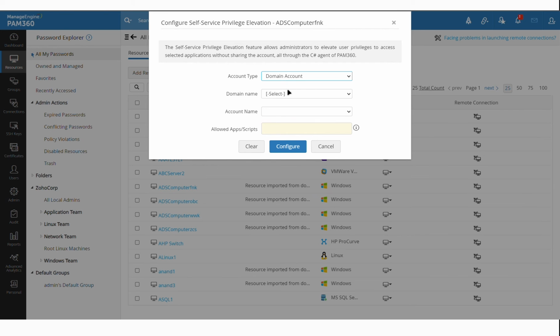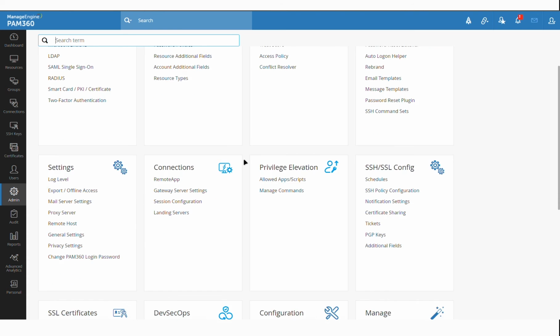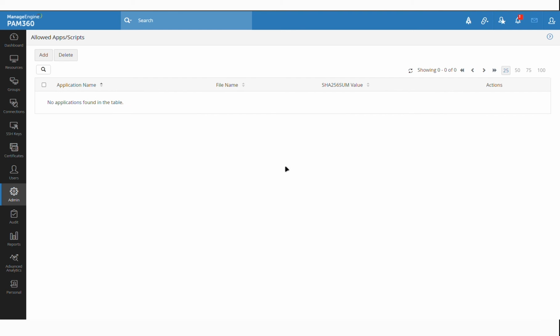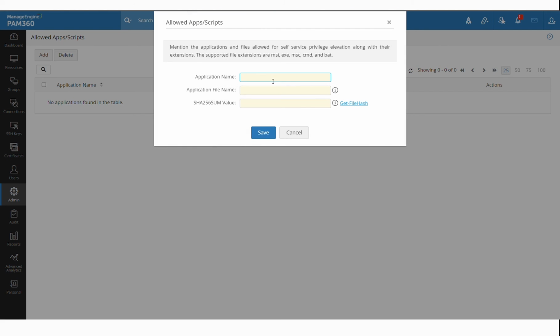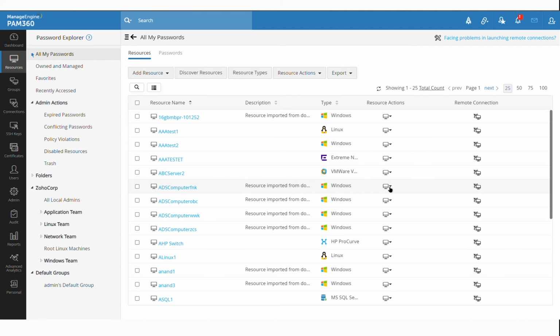Here you can select the domain account with which you want the elevation to happen. So for the database example, you will select the DBA account. You can also supply the app you would like to permit. So in this case, if you want SQL Studio, you can go to the admin tab. Under privilege elevation, you have this allowed apps section. This is where you will add SQL Studio. SQL Studio's actual application is called smss.exe. Once you deploy the agent, PAM will also be able to retrieve the SHA-256 checksum value, so it can authenticate it. So simply store that value, save it, and then you can configure this SQL Studio for self-service elevation